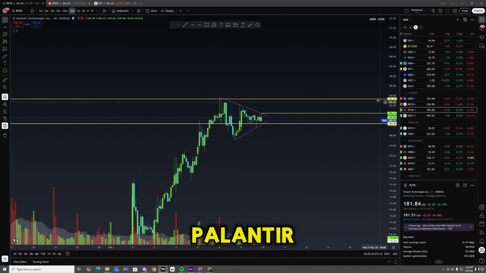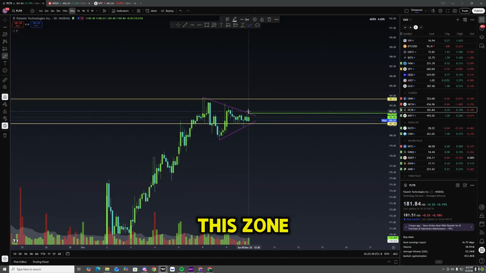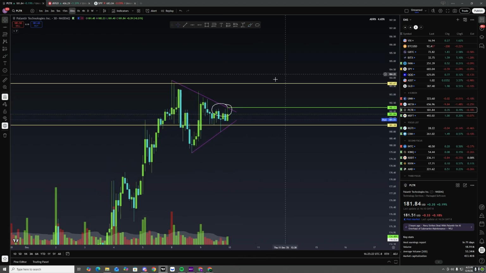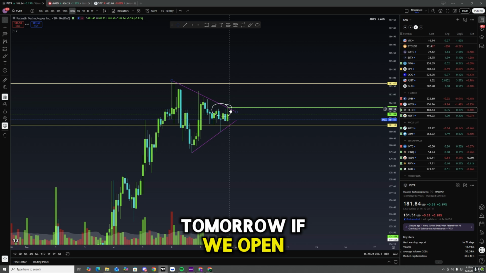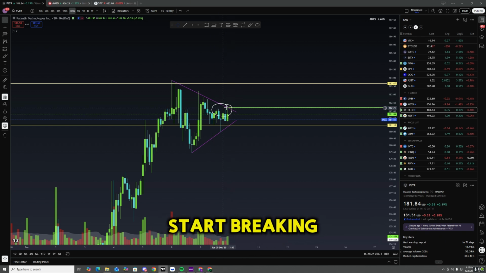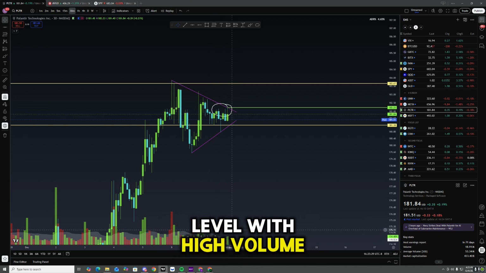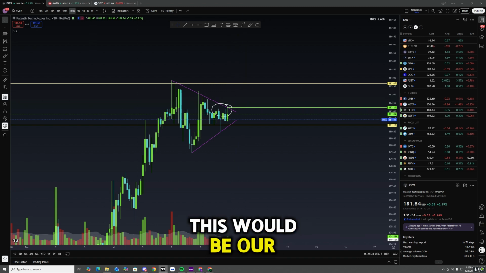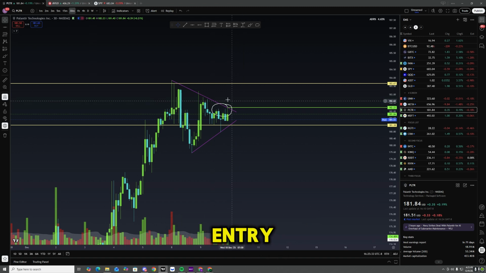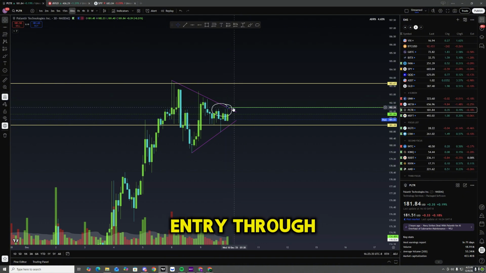So going back to Palantir, this zone right here. Tomorrow, if we open up and we start breaking through this level with high volume, this would be our surge point, right? This would be our entry. We would take the entry through this resistance